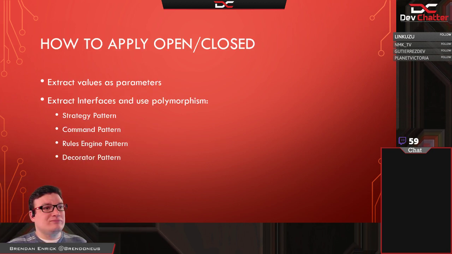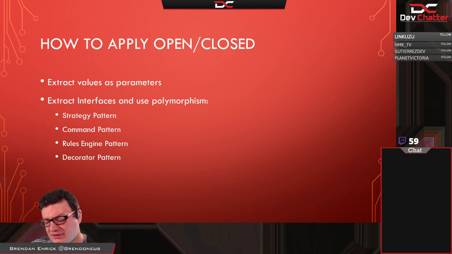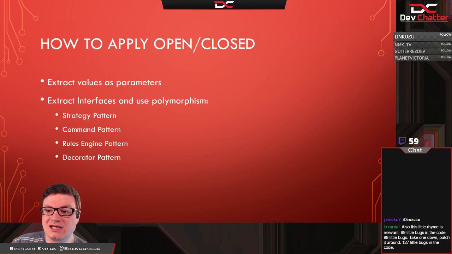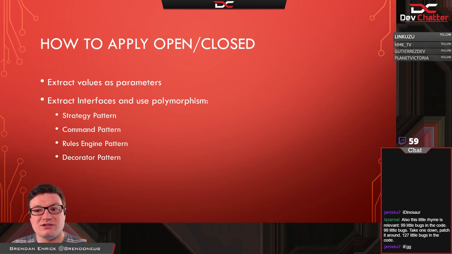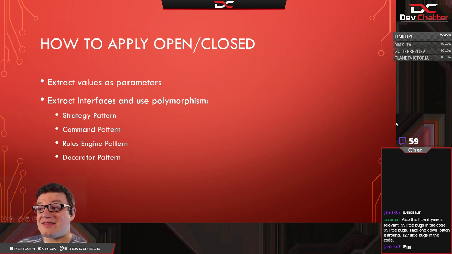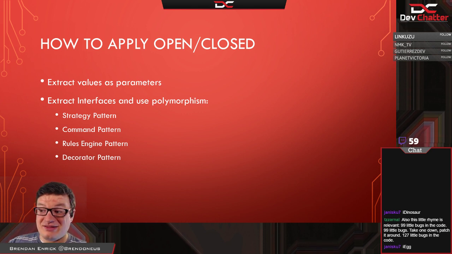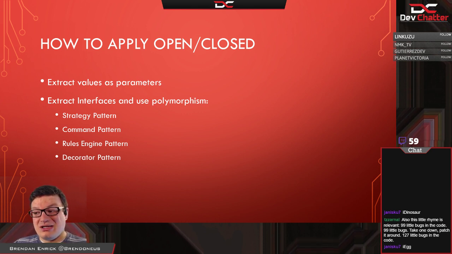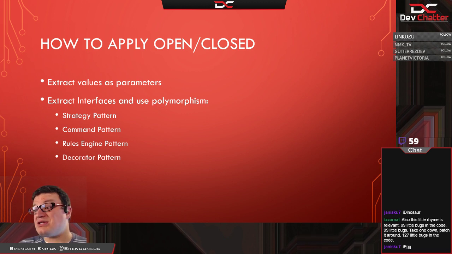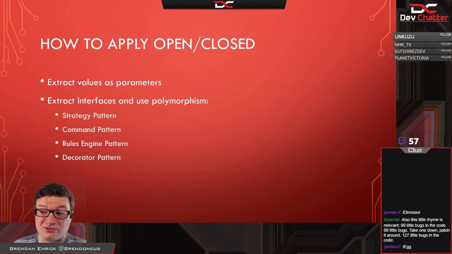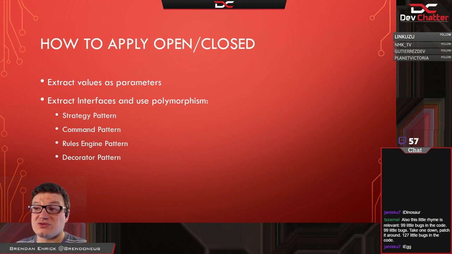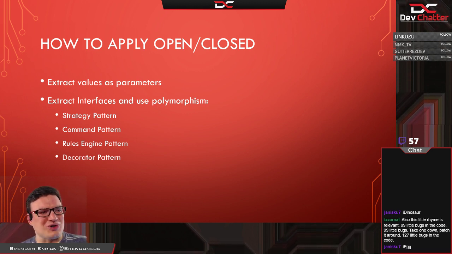Okay, let's take a look. So, in open-closed, there's a few ways we can do this. The way that everybody is actually following open-closed, and you don't even realize it, you're doing this all the time, is just using parameters. If you look at a method and it has a parameter, say you've got a greet method and it greets a person based on the name. Well, you could have written separate greetings for every possible name, but you didn't. You extracted a parameter, and that technically is a use of the open-closed principle. There are more advanced ideas for this as well, and we'll talk about those ones because they're the more significant ones. We all know how parameters work.